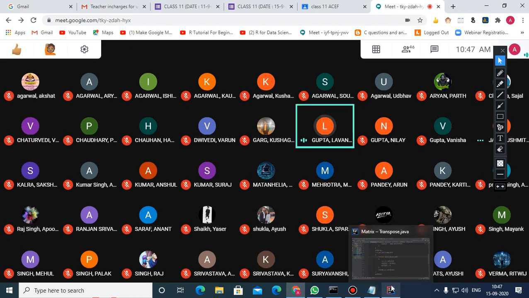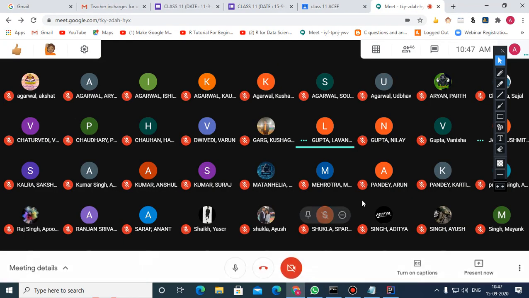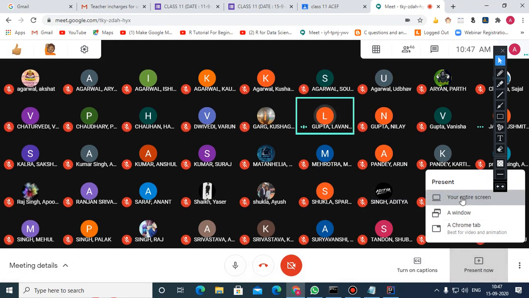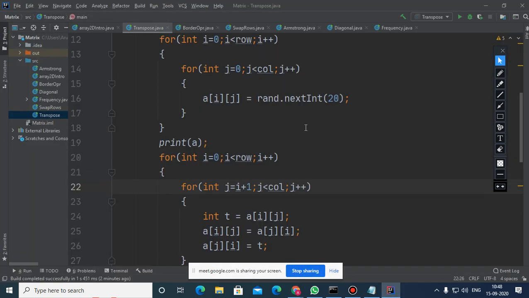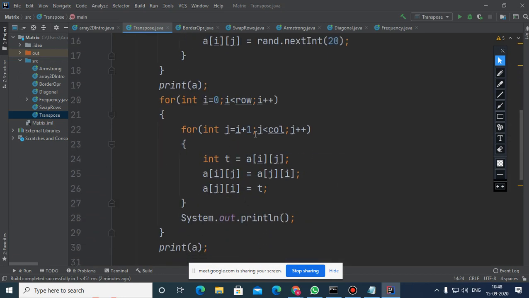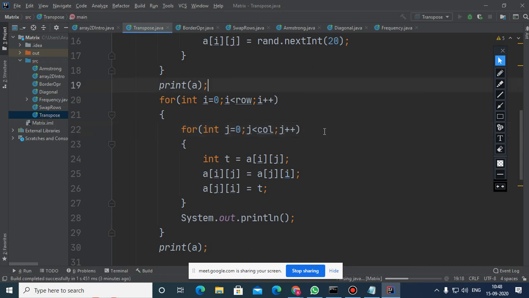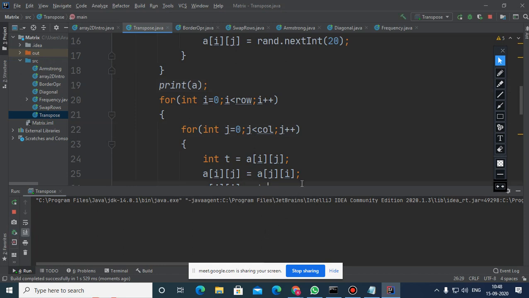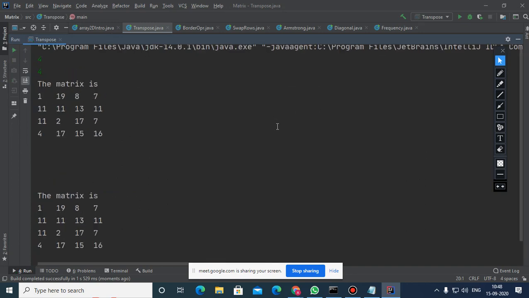Then also it's correct. No difference, no difference. I am telling you, output will come, and the difference is only that, listen, if I am starting this loop from 0, then also there is no issue. Then also the output will come. See that. If it is 4 by 4, you can see the output will come.